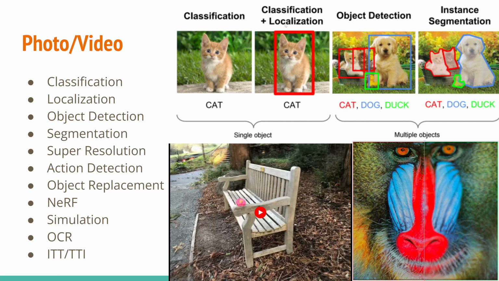There's classification and localization, so it'll tell you cat and one specific item in it. There's object detection, which will pick out all the objects inside the image and give you labels for all of those different objects. And there's instance segmentation, which is a thorough outline around each individual item that's in the scene, which getting this labeled data is a pain.